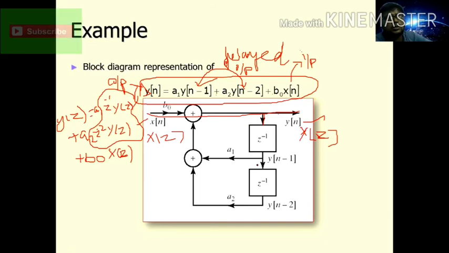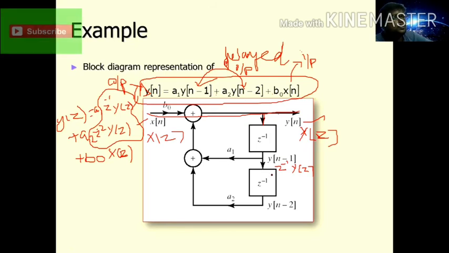Okay, now I put these two blocks here, right? First signal, so now first this Y of z receives the signal a1 into z inverse Y of z. So now the output of this delay element becomes, here the input is y of n applied to this delay element. Once it processes this, it becomes y of n minus 1, or z inverse into Y of z.